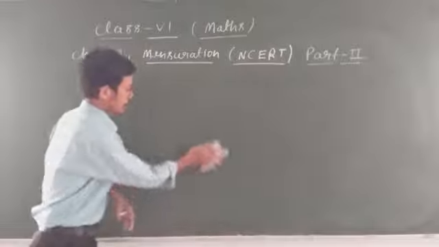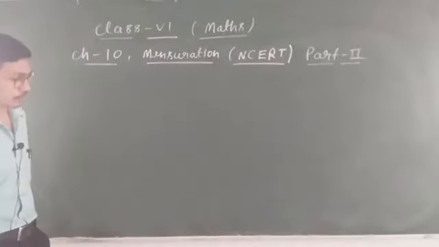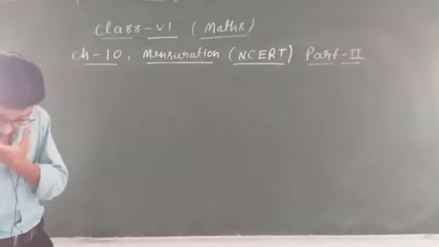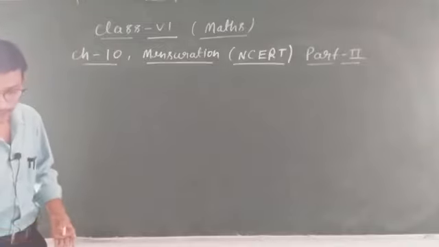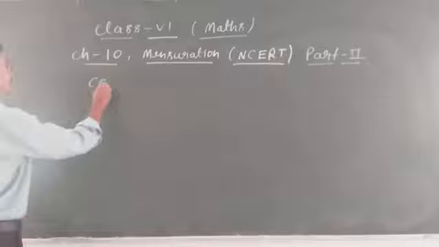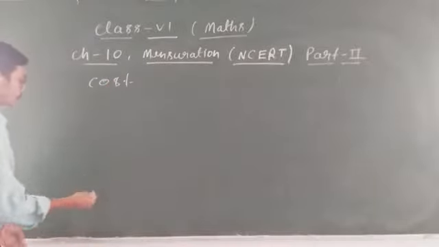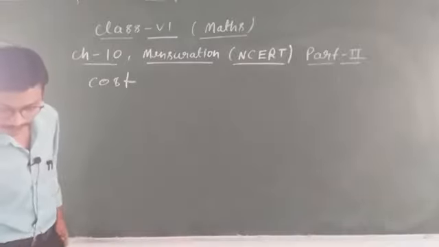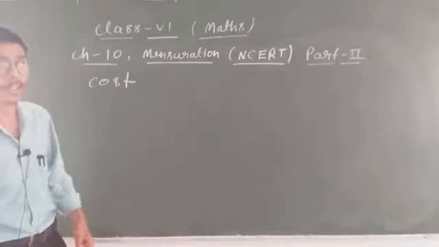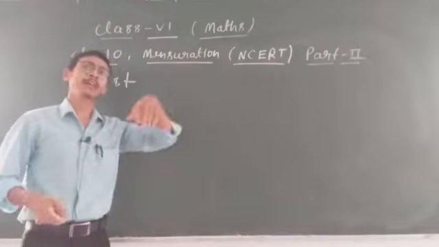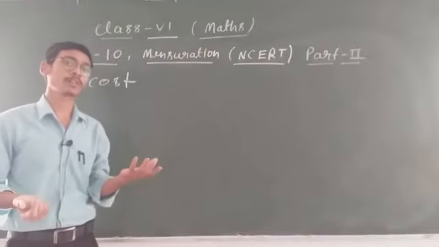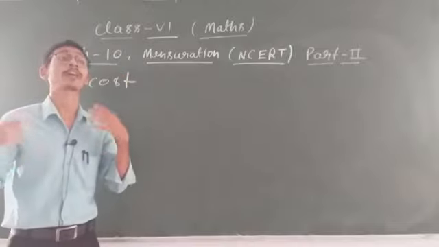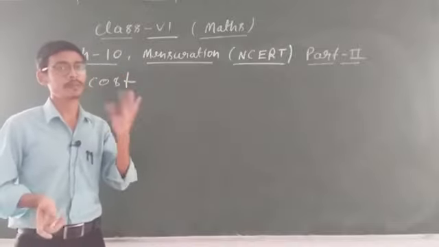Okay student? So now come to our next question. Find the cost of fencing a square park. Now if you have to find out cost, clear? Cost means expenditure. Cost means, like if in Diwali or Dussehra you want to paint your home, there should be a cost, and the cost is according to the area or the perimeter, based on perimeter and area.